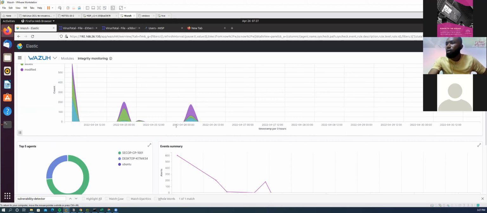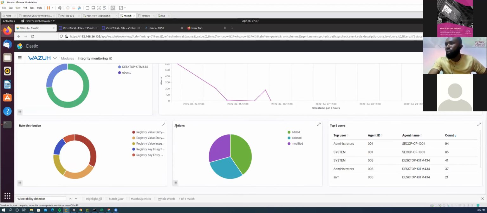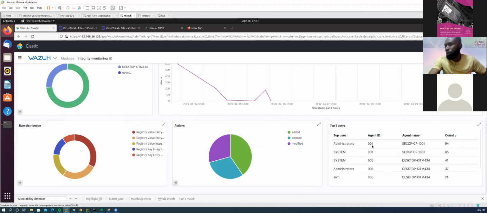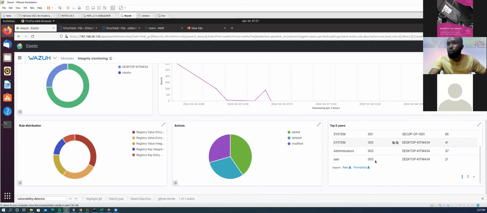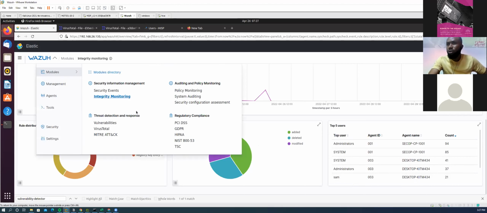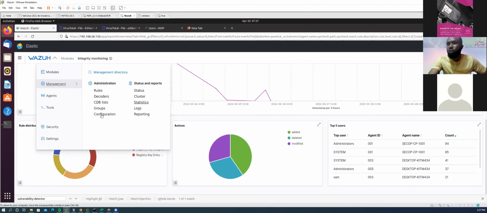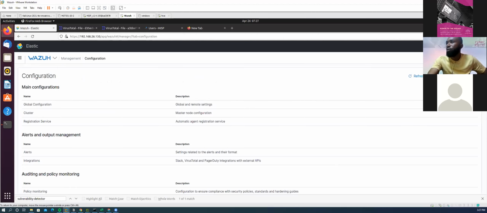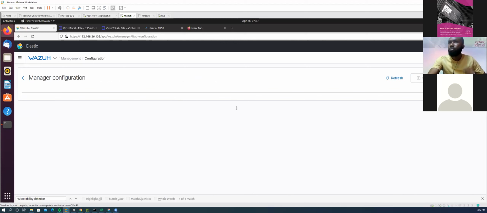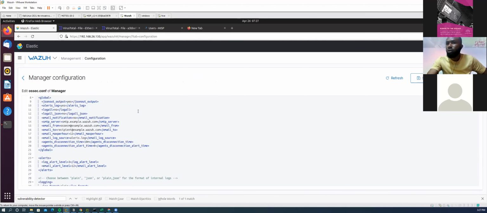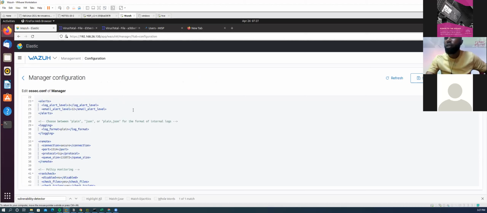Okay, so this is taking a lot of time, but basically, you're able to do your file integrity monitoring, select a particular folder of interest that you want this to monitor, and you can do all of this through your Wazuh configuration. If you go to management, you go to configuration. Now you see edit configuration. So this is where I have added the